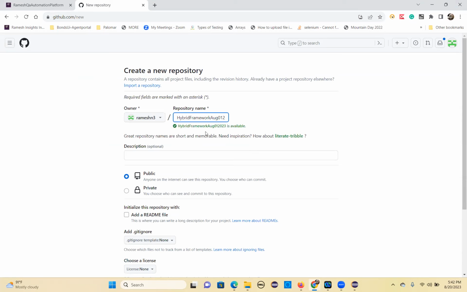Okay. So it's not there. So this repo is open cart automation test cases. This repo contains